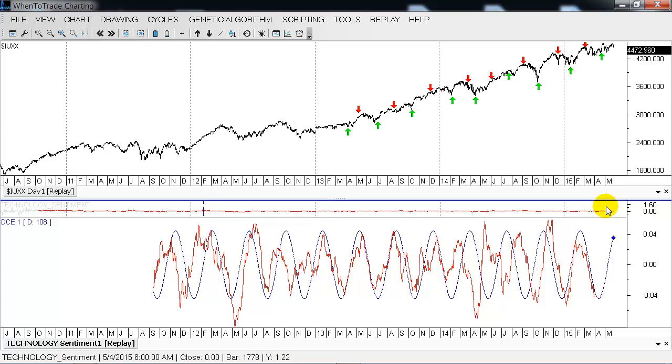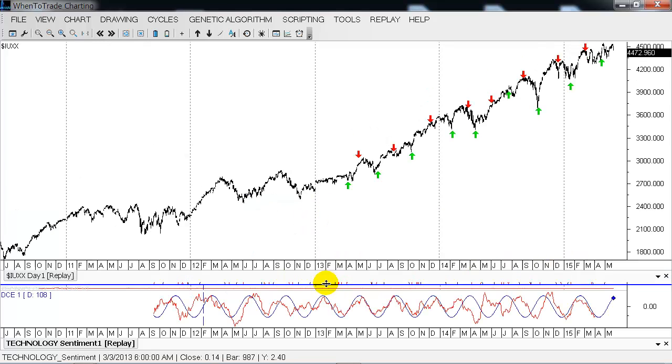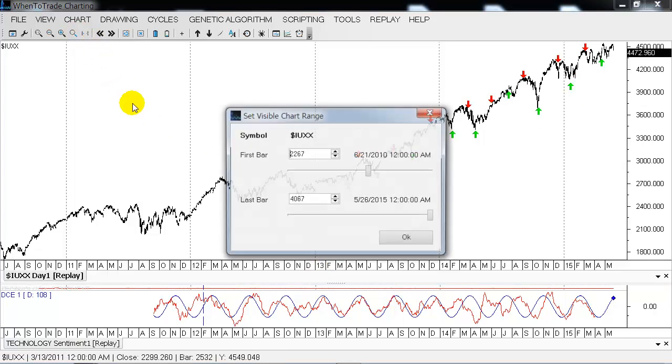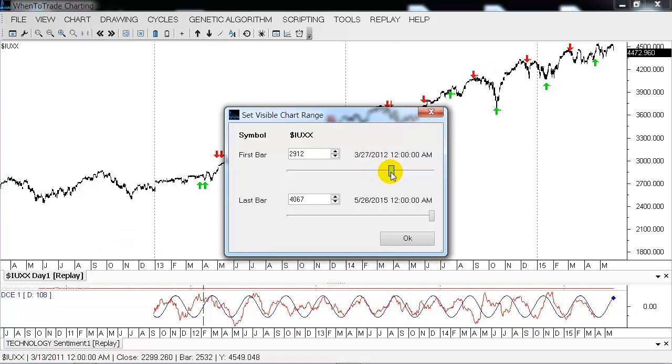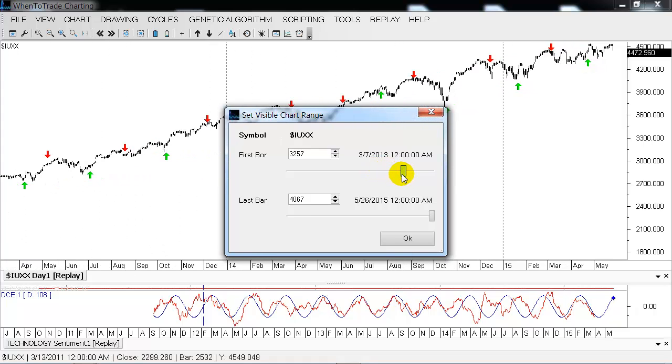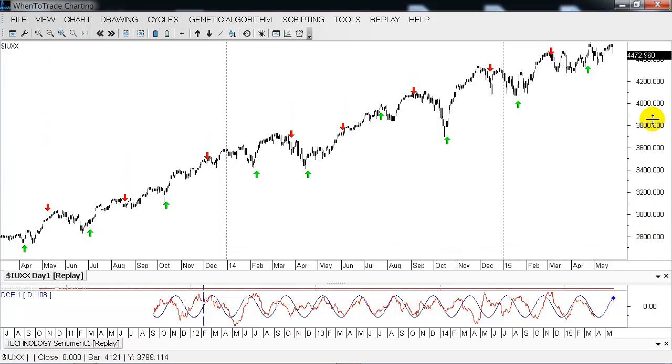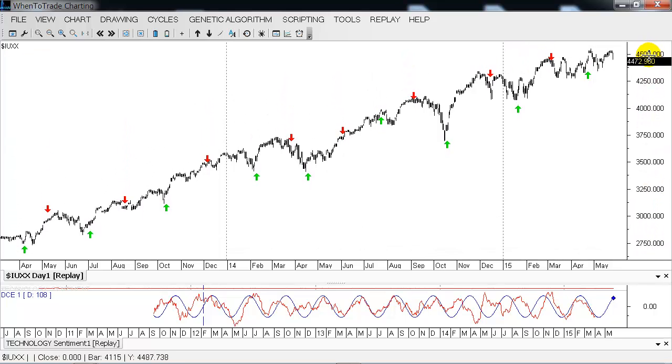So now you have seen an uninterrupted bar-by-bar example of how the Dynamic Cycle Explorer on PsychSignal Sentiment would have worked in real conditions day by day. So it was not interrupted and the indicator was not changed. So this would have been the real situation if you had monitored price in real time. So let's make it a little bit bigger. So this would have been the real price movements